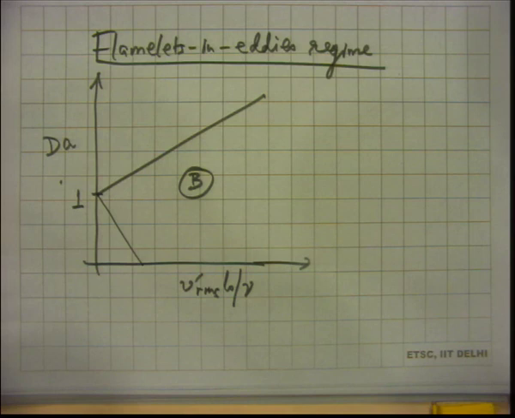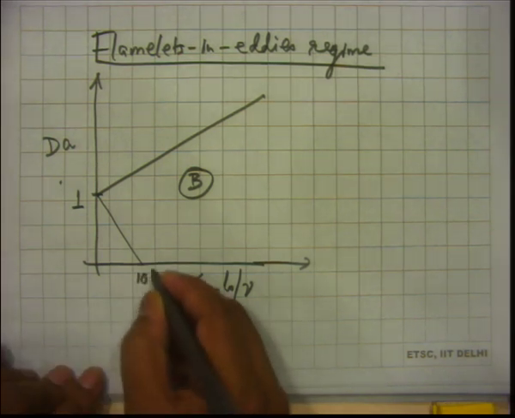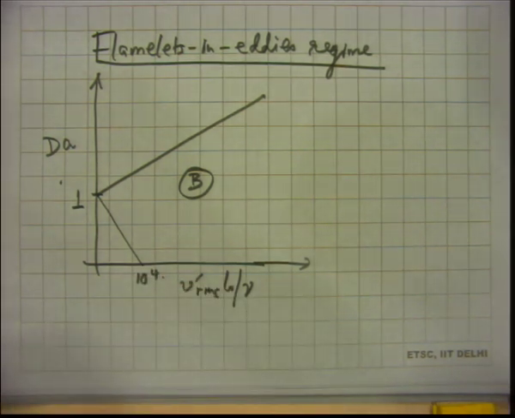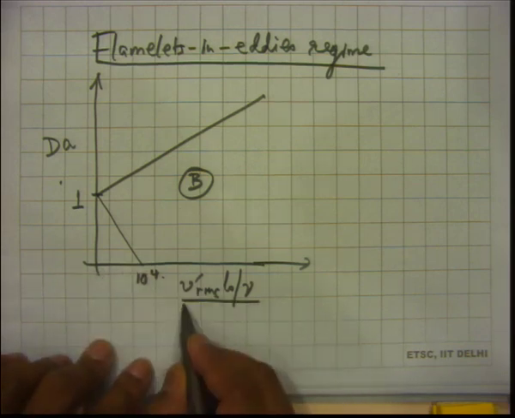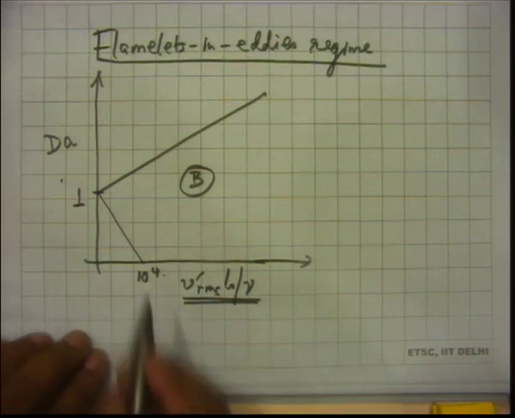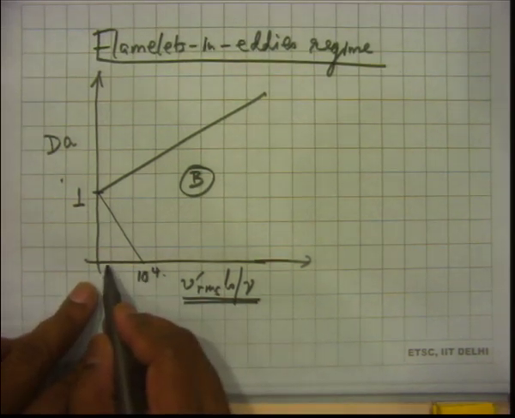So, you are more likely to be in the flamelet-in eddies regime if your V prime RMS is somewhat large. I mean, this value is 10 to the power 4. Okay. So, if you have, not V prime RMS, I mean the turbulence Reynolds number less than 10 to the power 4, okay,